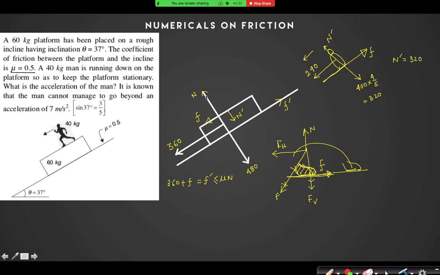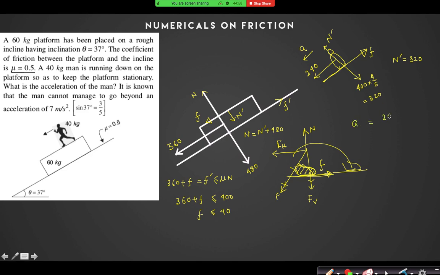So N is equal to N prime plus 480. Is it 800? Yes. So can I say that 360 plus F is less than or equal to 400? So what is the maximum value of F possible? 40. 40 Newton. So if I say that the acceleration of that person